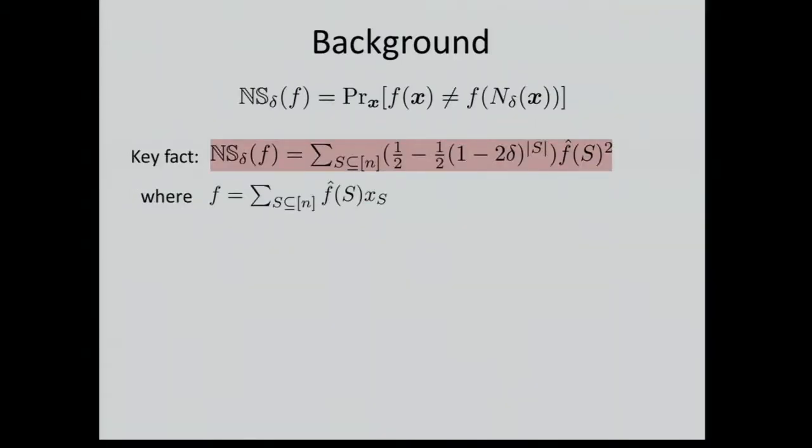The key fact here is this kind of ugly looking expression. You don't really need to know all of the specifics of it. You don't even really need to know much about the Fourier analysis that's going on here, just that these Fourier coefficients are the coefficients of f. If you wrote f out as a multilinear polynomial, if you think of f as an LTF, it's the sign of a degree 1 polynomial, but it can be a very large degree polynomial when you write it out in this form. The big idea here is that the sum of squares of the coefficients is 1, and these multipliers